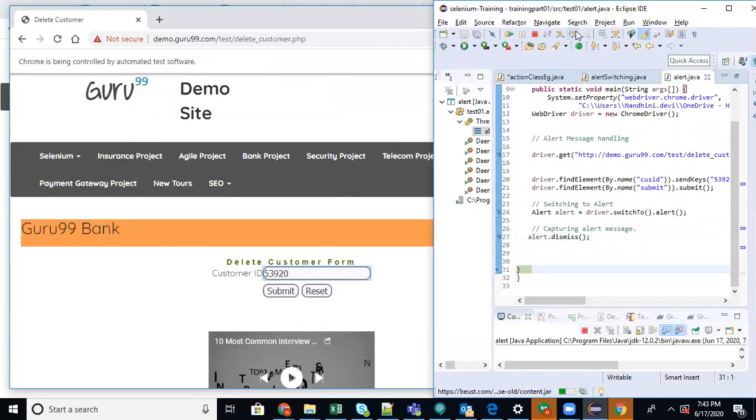What you are going to work out is, you go here, enter the text, click on submit. You are not going to dismiss, you are going to accept the alert. You have to accept. After that, another alert pop-up will display once you accept that also. This is the assignment.